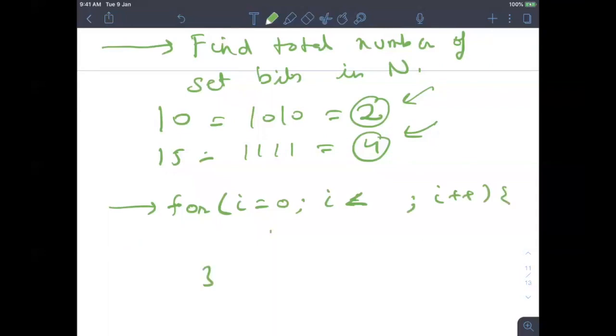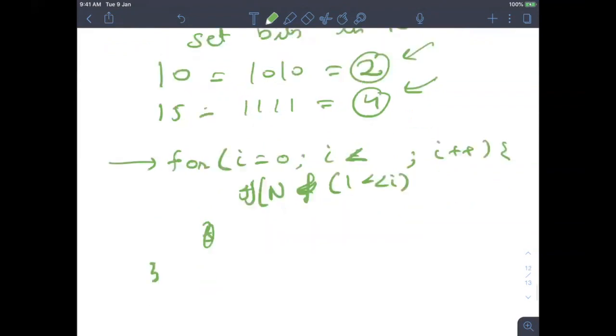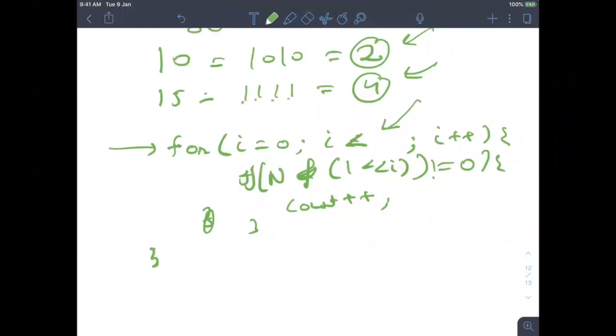So for this number n, if n ampersand 1 left shift i is not equal to 0, then count plus plus, right? But now how many times will we run this loop? You have to run this loop 1 2 3 4 times, so basically the total number of bits that are there in this number n.